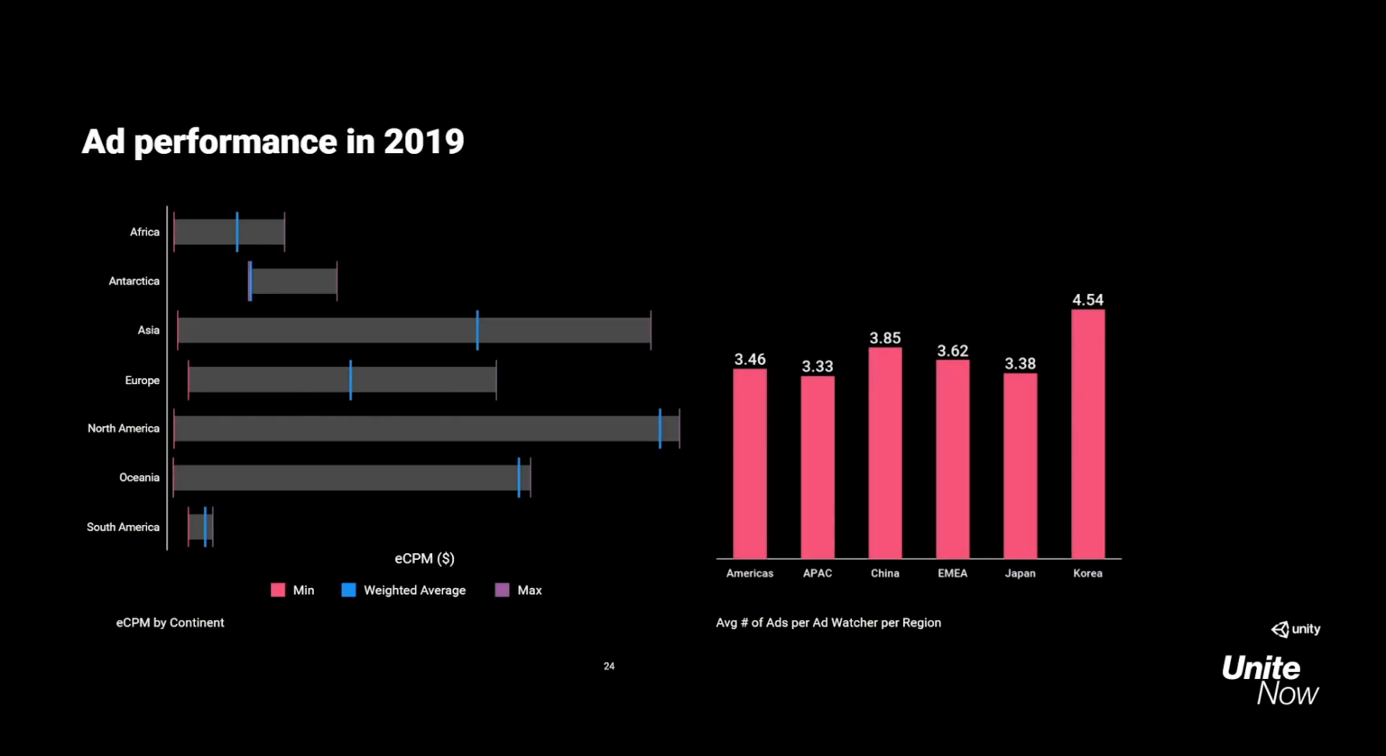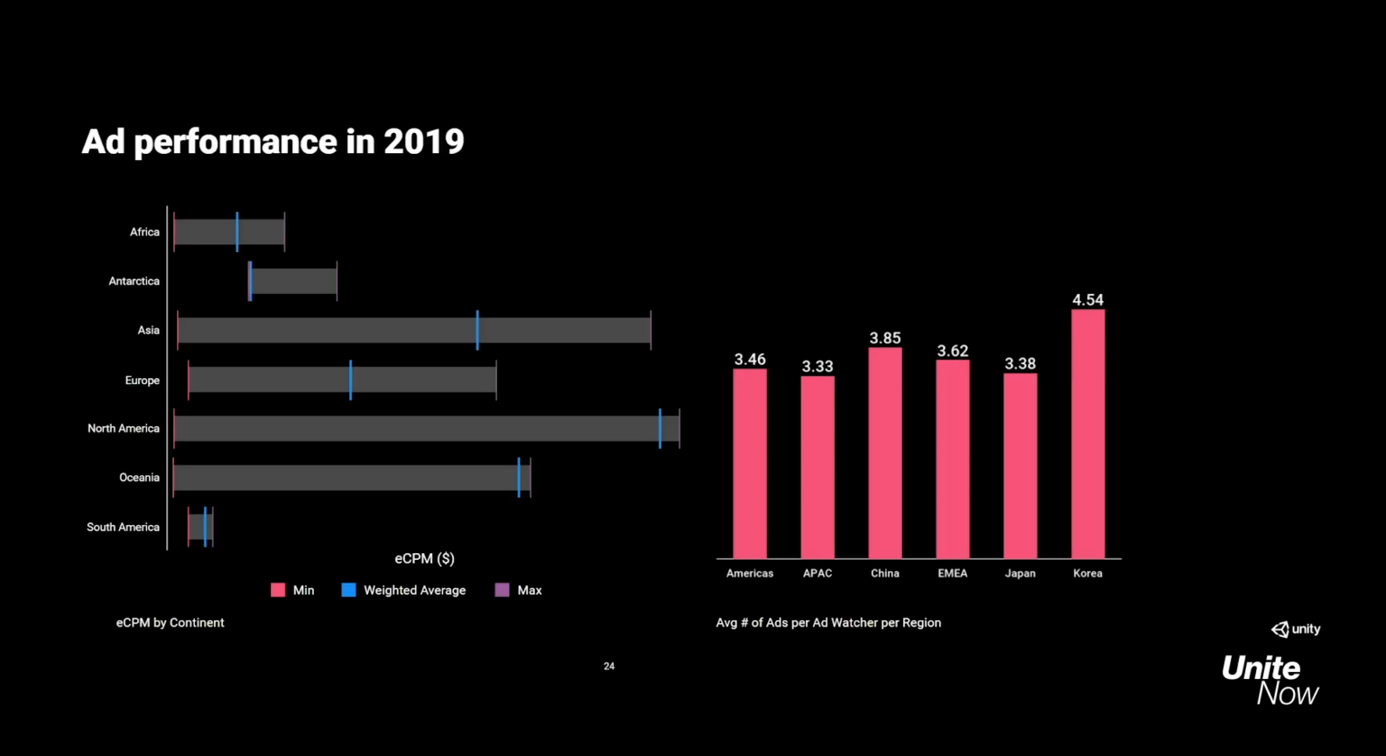All right, next, let's break down how eCPM performs by continent. As a reminder, eCPM is revenue per 1,000 impressions. It actually stands for effective cost per mil, mil being the Latin for 1,000. eCPM depends on how much advertisers are willing to pay for a desired action, such as an app install or